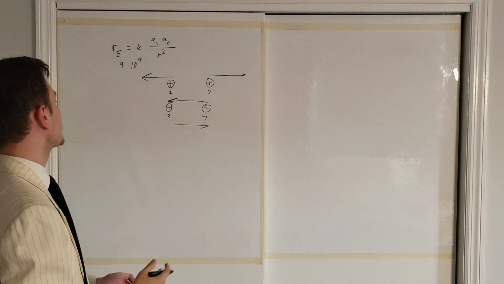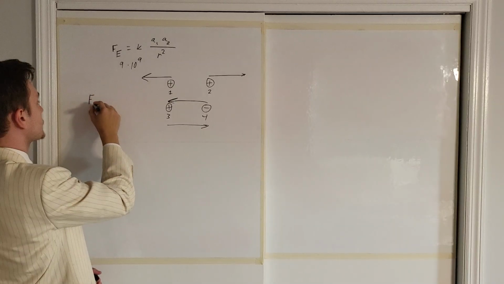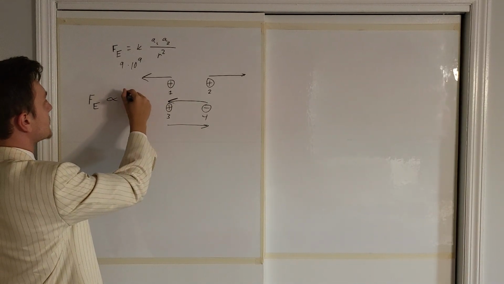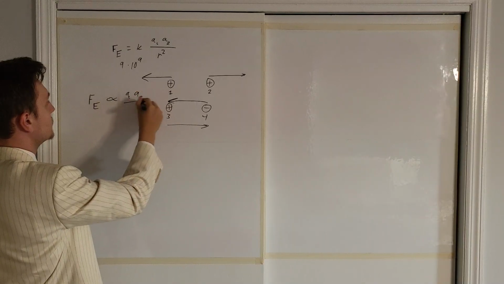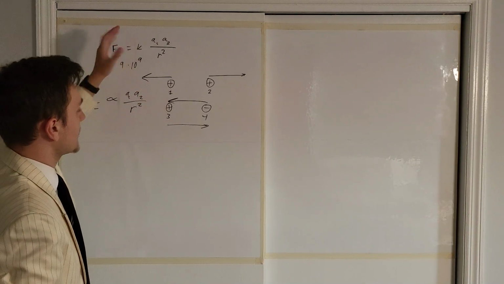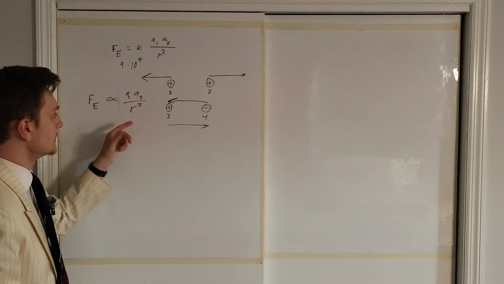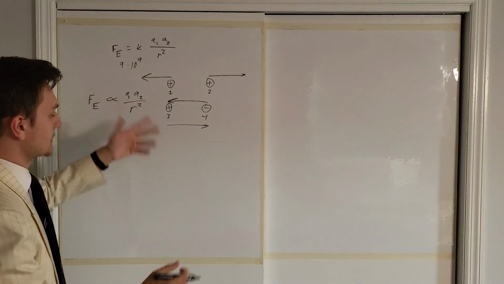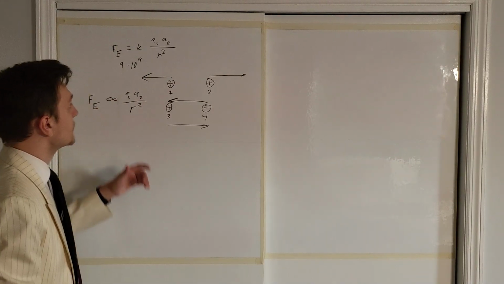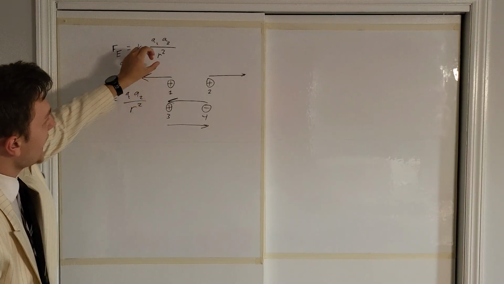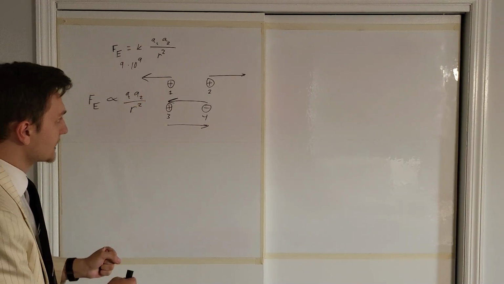The equation you're familiar with in chemistry class is that the electric force is proportional to Q1, Q2 over R squared, okay? You forget about the K entirely because you don't actually need this to do any calculations. You're here to do just qualitative reasoning, okay? So what we can take away from this equation is that the force increases as these particles get closer together,